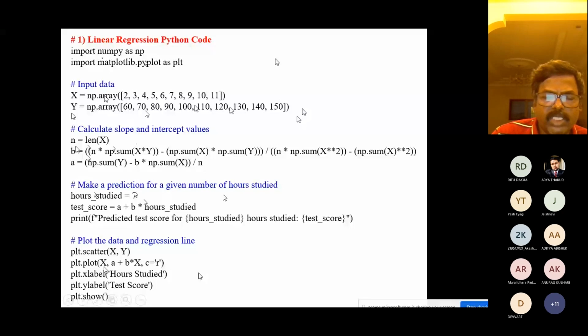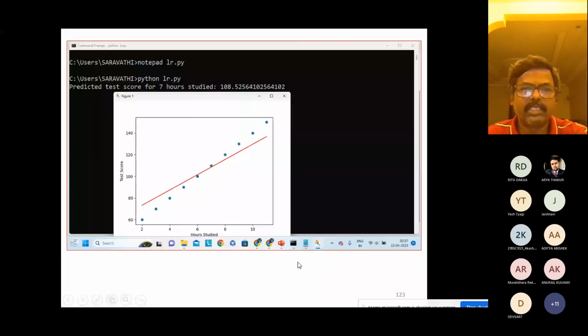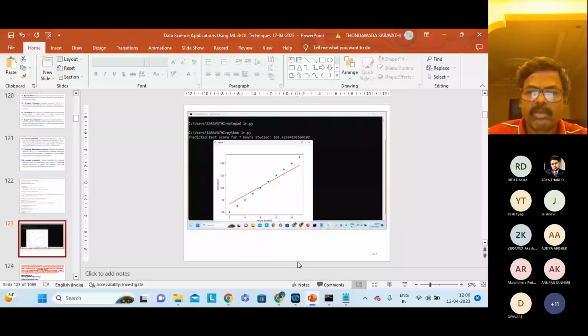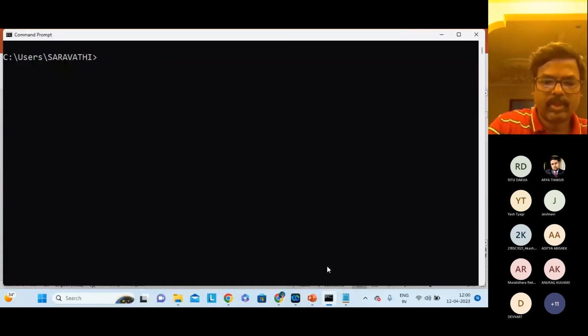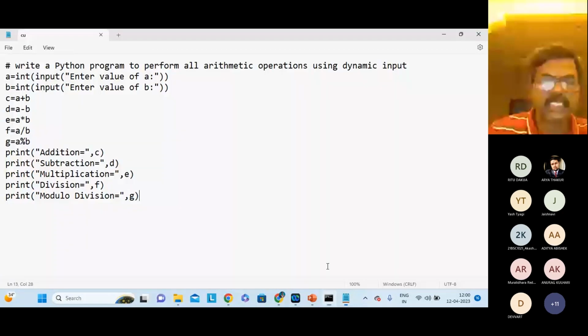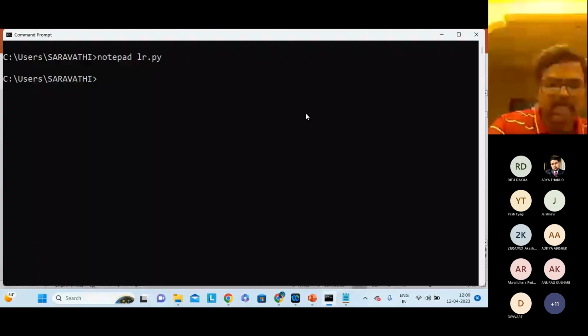Now I am going to demonstrate that one. Plot the data and regression line. Okay, so now I am executing. See here, go to command prompt, clear the screen. Now, notepad lr.py, linear regression. See, this is the program. Now I am executing this program, python linear regression